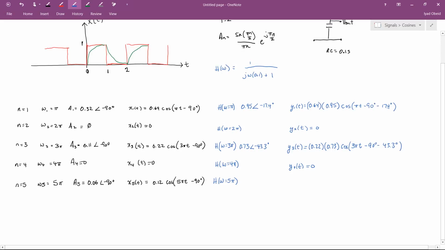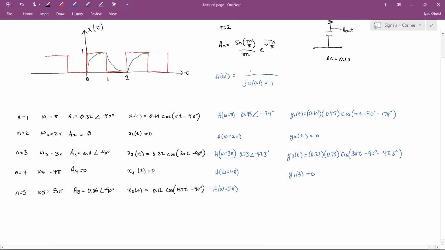5 pi, rather, that's the fifth harmonic, whose frequency is 5 pi in this case. And we see, I suppose I should put equal signs here. In this case, the fifth harmonic is 0.54 angle negative 57.5 degrees. And so finally the fifth harmonic, y of t, equals, and it's going to be